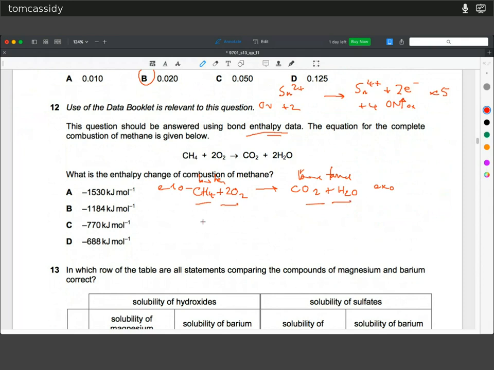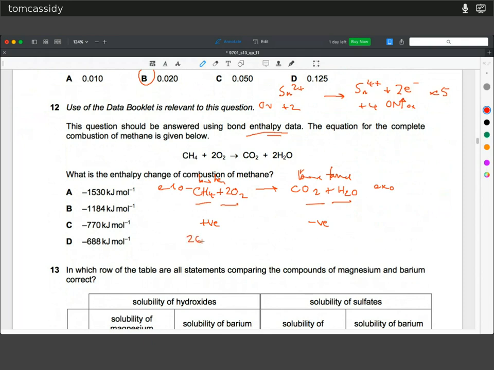And because these are endothermic, we're taking energy in to break bonds, the sum of all the bond breaking is going to be positive. And here we're forming bonds, so the sum of all the bond forming is going to be negative. And you look all those up in the data book,